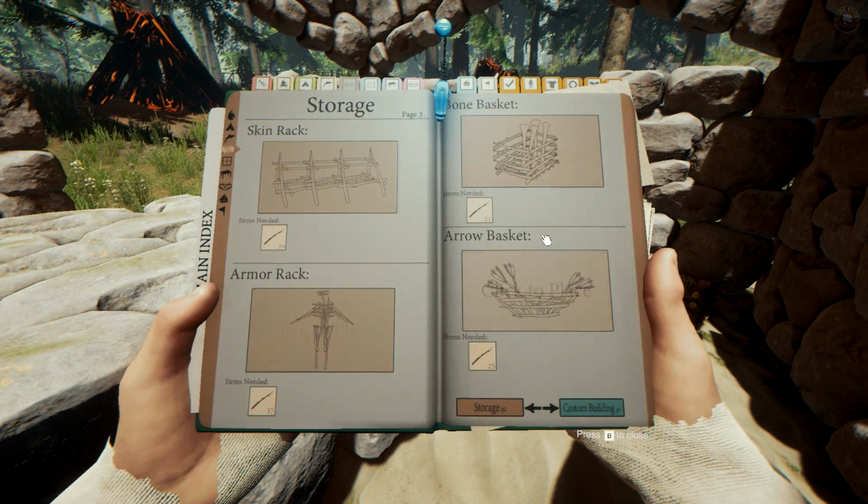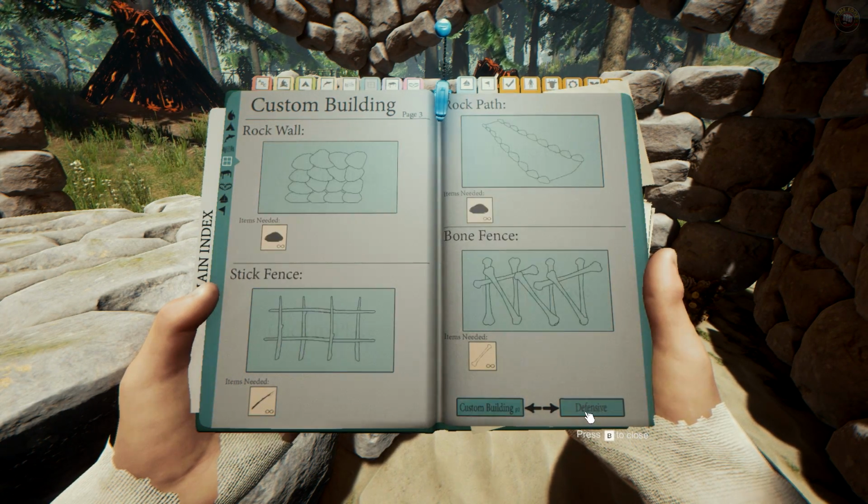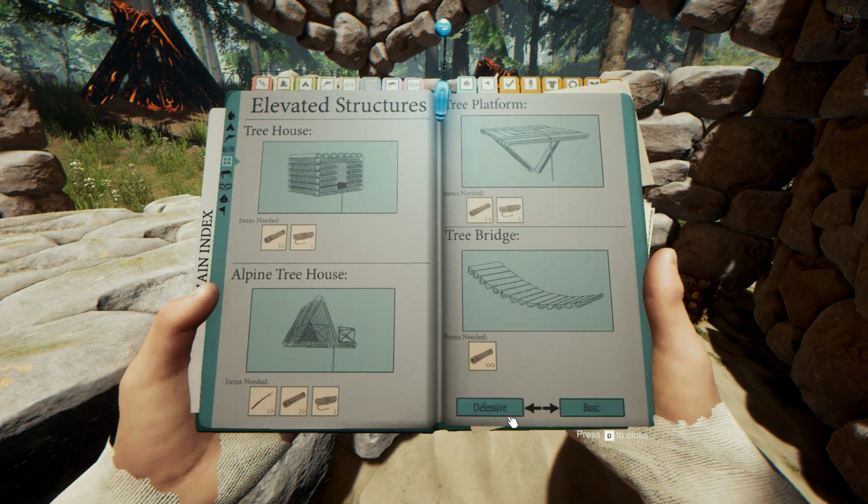Now the arrow baskets have their own identifier. I think that it would have been cooler if the arrows would have gone into this one, but anyways, it is what it is. I'm not going to complain. I'm liking that. The pages are also...